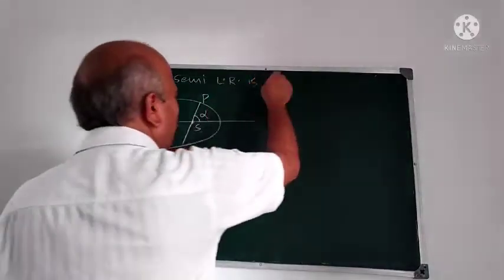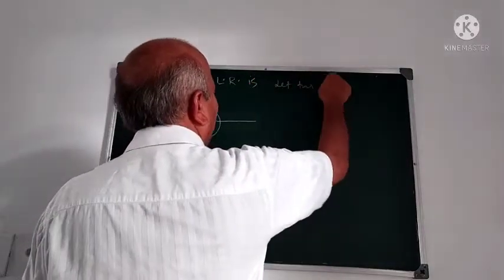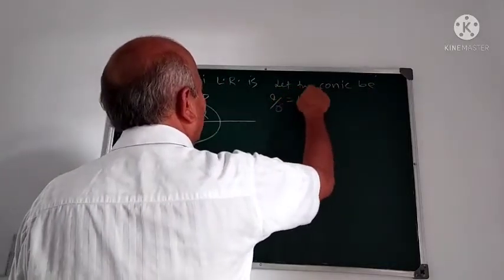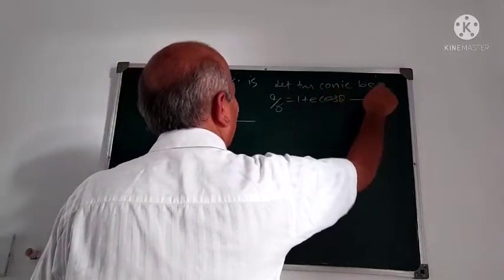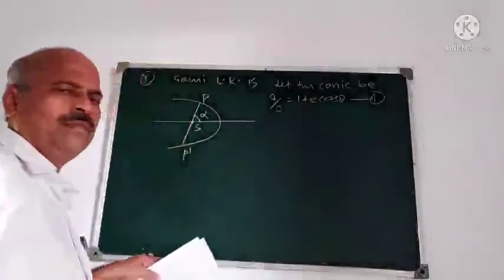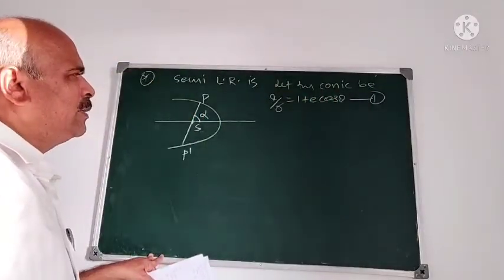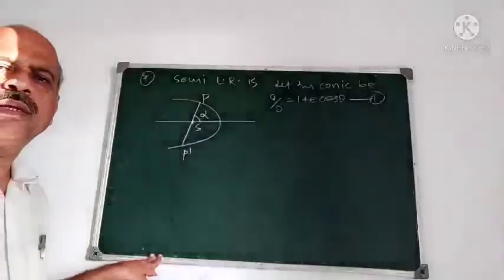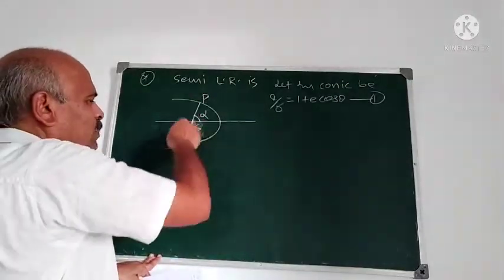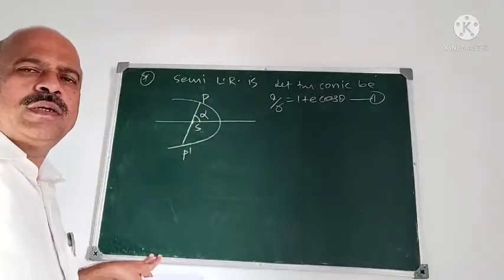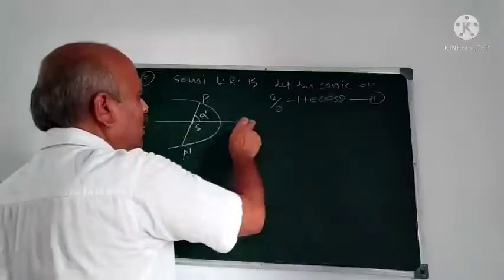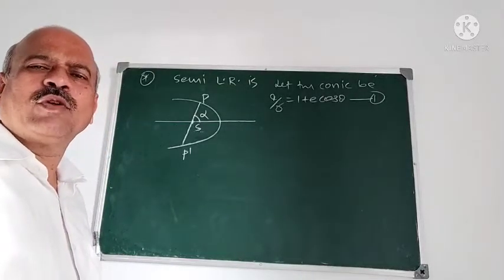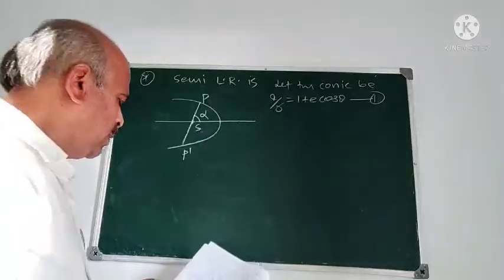In any conic, let the conic be L by R is 1 plus E cos theta. This is the first equation. What is L here? The semi-latus rectum. And we have to prove that the semi-latus rectum is the harmonic mean between SP and SP dash, because the segments of the focal chord are SP and SP dash. So we have to prove that L is 2 SP SP dash upon SP plus SP dash. L is the harmonic mean between SP and SP dash. For that,